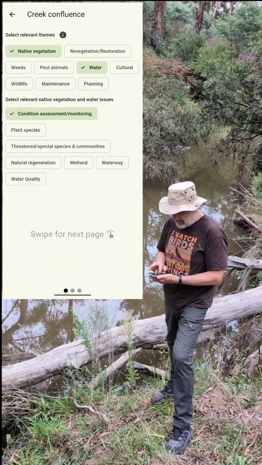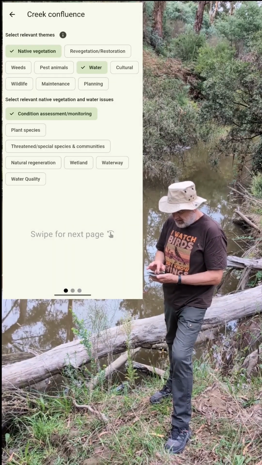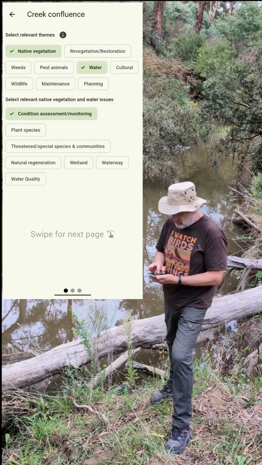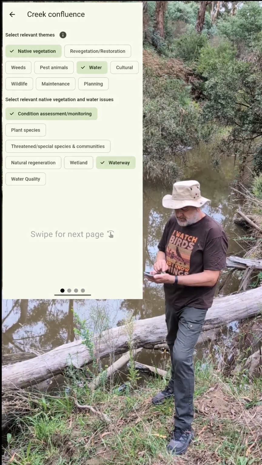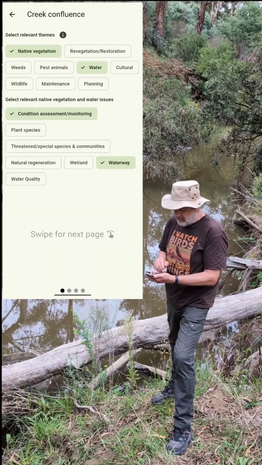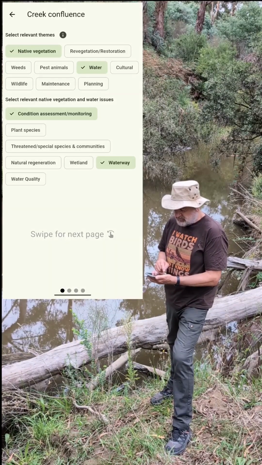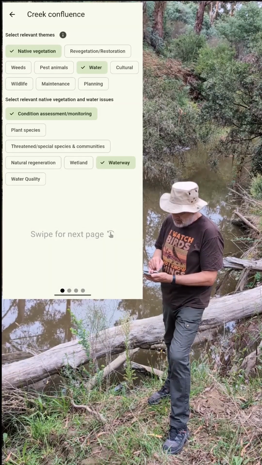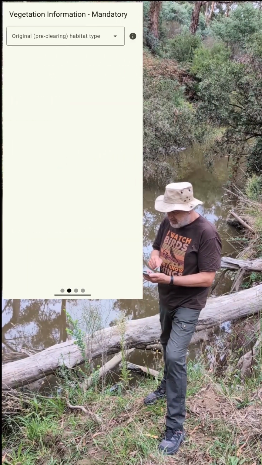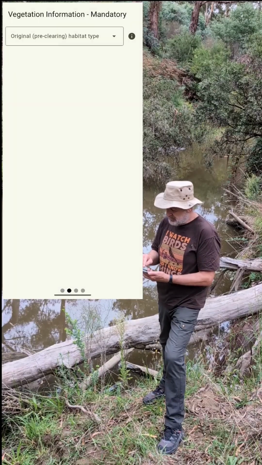So I press on waterway, and it gives me a choice of wetland or waterway. In this case, it's going to be waterway. And they're the two that I'm doing. And you'll notice at the bottom of the app, there are now 4 dots, which means there's 4 pages rather than the normal 3. So again, swipe to the left, and the first thing I'll do is the veg condition